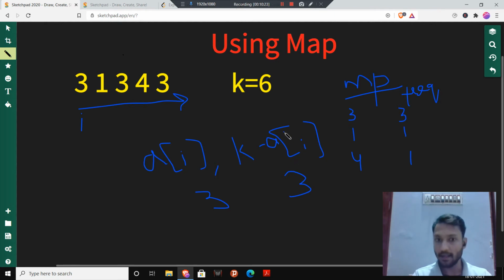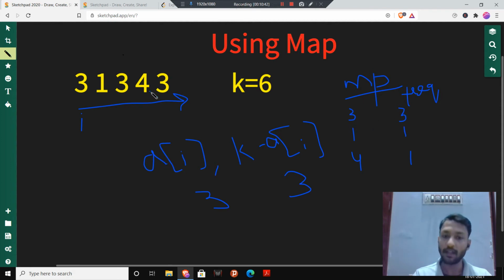And as I have explained, if A[I] and K minus A[I] form the sum, then I have to check their frequency also. Their frequency should be greater than 1 if they are equal. So I have them equal there, and I have their frequency as 3.